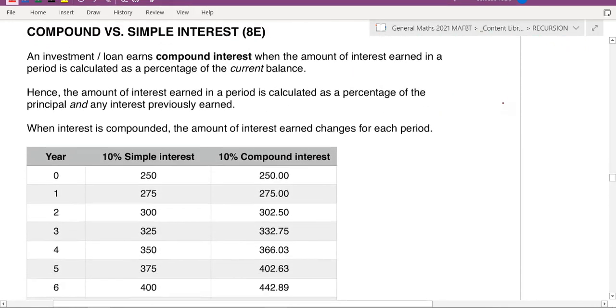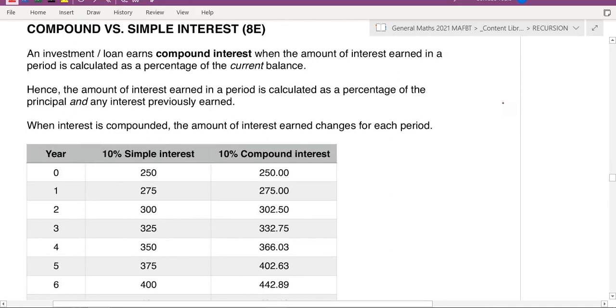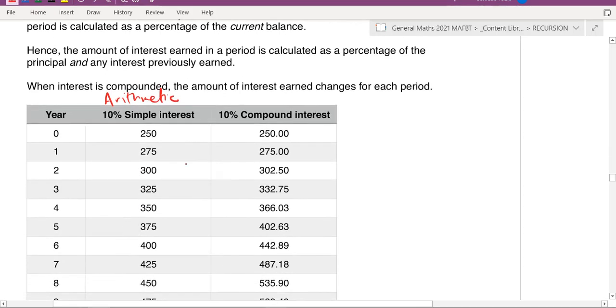All right, let's keep going. What's the difference between compound and simple? Simple interest is all the arithmetic stuff, because we can say that it's adding the same amount each time. This is adding 25 each time. Even though it says 10%, it's adding $25 each time. But if it's geometric,